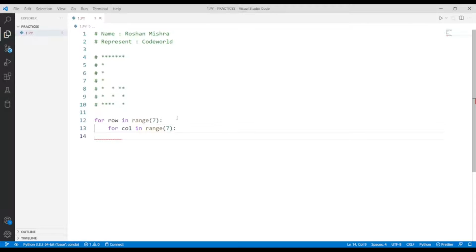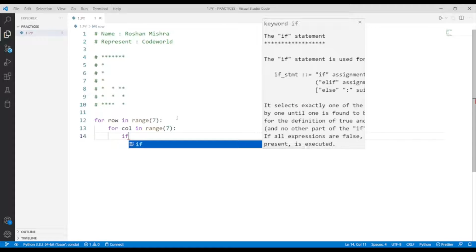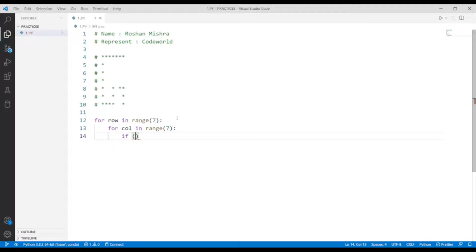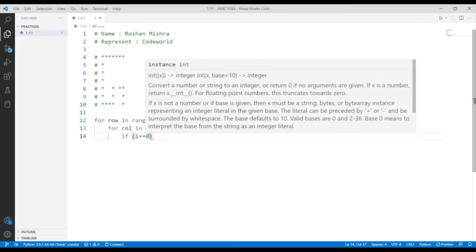Okay, now the if condition. First of all we want the first row to be fully printed with asterisk stars. So if i equals 0, then we want to print full stars.